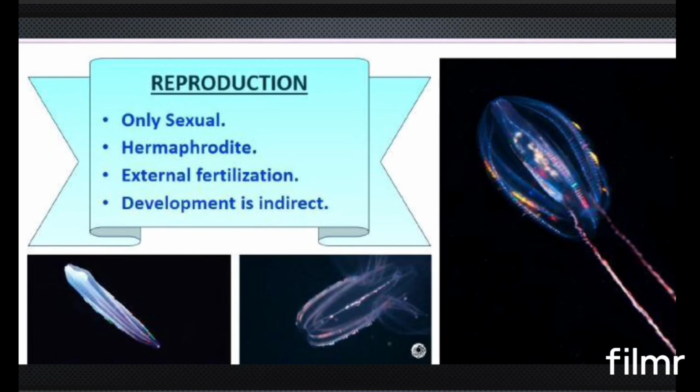And here also you can see that the sexes are not at all separate. Actually the male and female sex organs are present in the single organism itself. So that's why they are coming under hermaphrodite category, right? But the sperms and ovum will be produced and released into the water, and in the water body the fertilization occurs. So that's why external fertilization is common in the case of Ctenophora, right? And development is also indirect. That means it has the larval stage and all. So the young ones do not look like the adult. So it is having an indirect type of development.